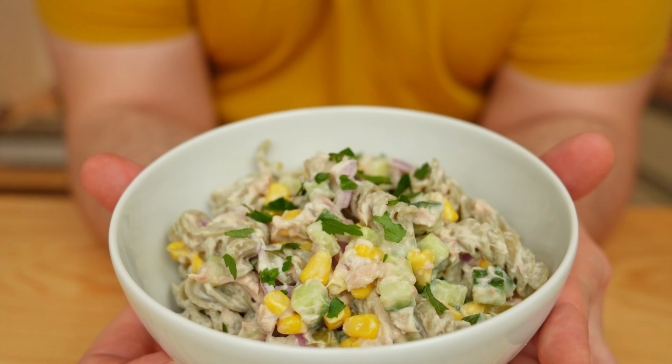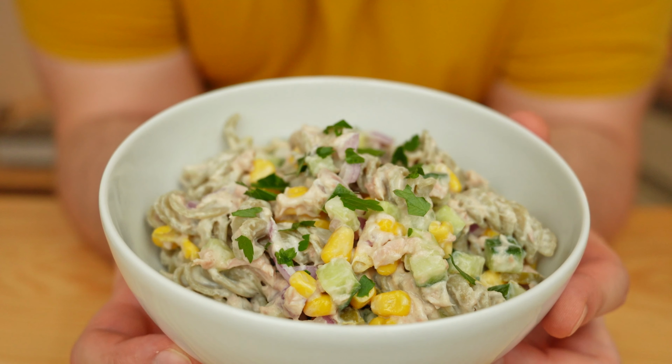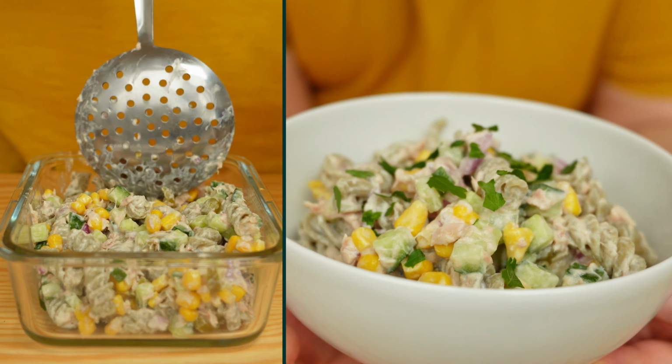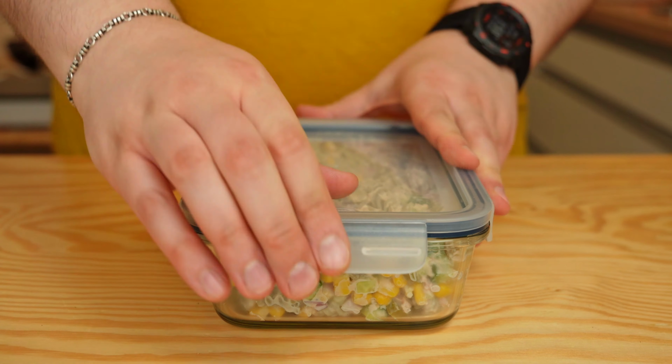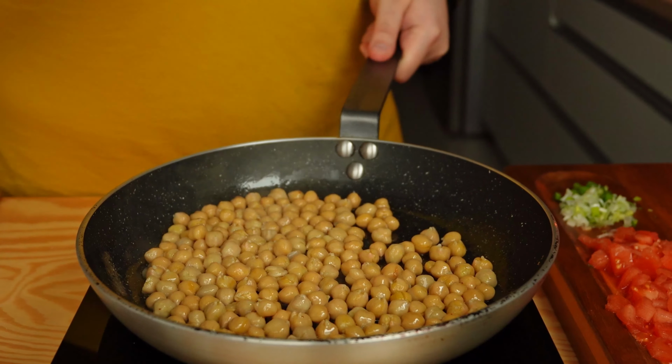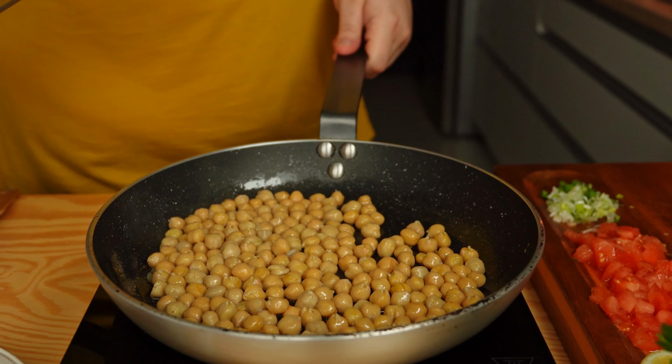Most ingredients used last a long time in the pantry, so it's a great last-minute lunch. Plus, it also stores really well in the fridge for 3 to 5 days. This next recipe is heavily inspired by one that I stumbled upon on the Mediterranean Dish website, and its core components are chickpeas, tomatoes, and a trio of spices that ties it all together in order to create this smashed